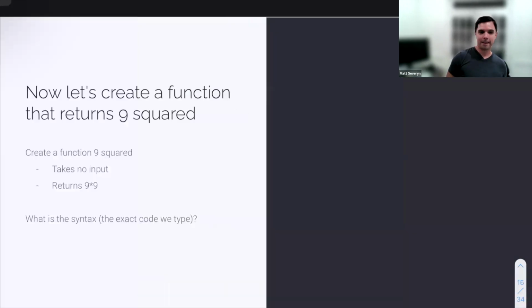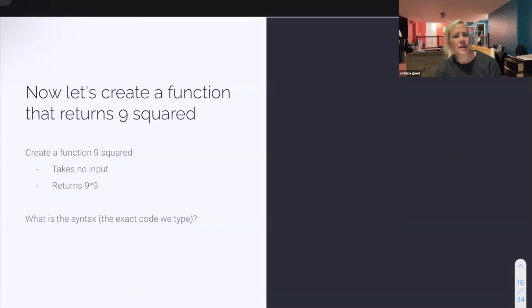Next up, I need another volunteer. Patricia, we're going to write another function. This time we want to square 9. How am I going to do this? Okay, so here again it takes no input. So you're going to write function, and then a space, and then as Ellie said, and thank you, Ellie, you did awesome, so lowercase nine, and then capital S and the word squared, and then open and close parentheses, and then open curly brace,